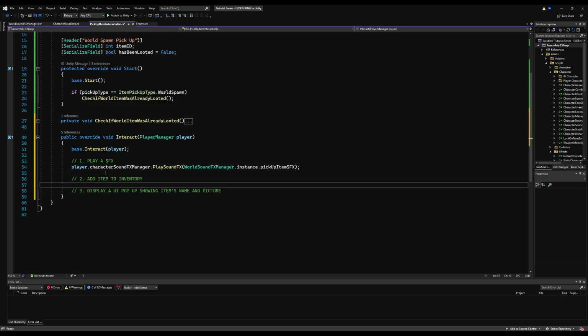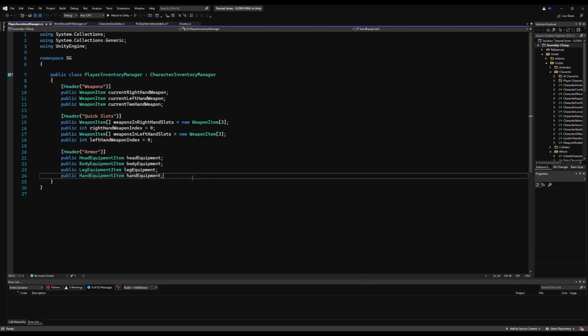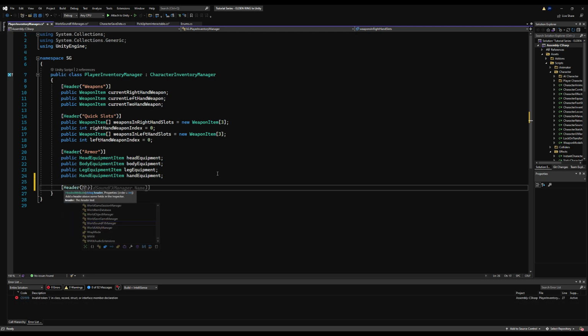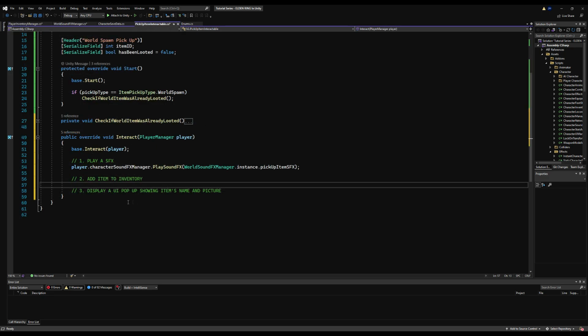Cool, so adding the item to the inventory. This one's pretty straightforward as well. Let's go to the player inventory manager script, and we're going to make a new header here for items in inventory. You can say inventory if you want, it doesn't matter. And we're going to make a list of items. So let's make a public list in case you want to reference it to compare some stuff, which we will do later on in the UI. So we're going to say items in inventory, and you could just add and remove things from a list right now,